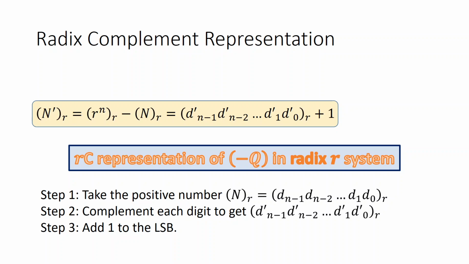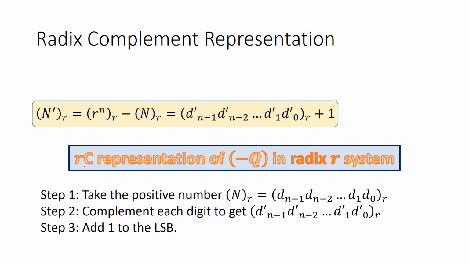try to listen to my words carefully, I am using very specific terms. The complement of a number representing a positive quantity is the number representing the corresponding negative quantity. The complement of a number representing a positive quantity is the number representing the corresponding negative quantity. You see this in this blue box.